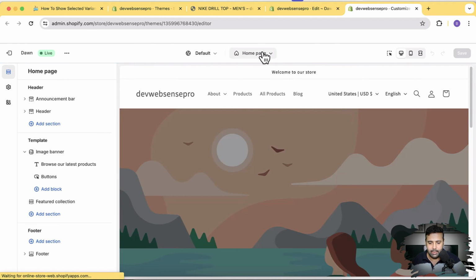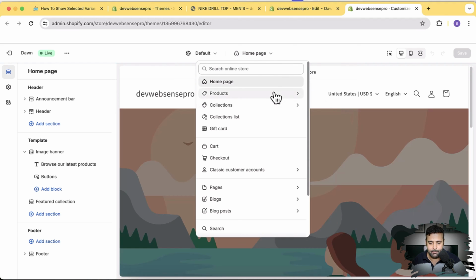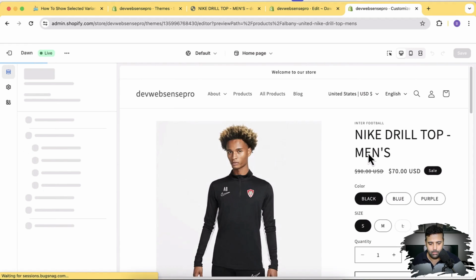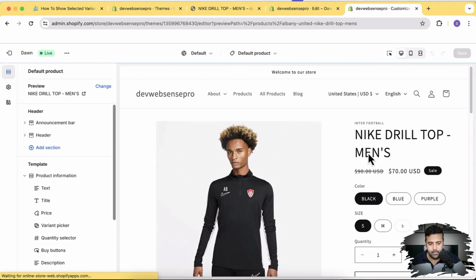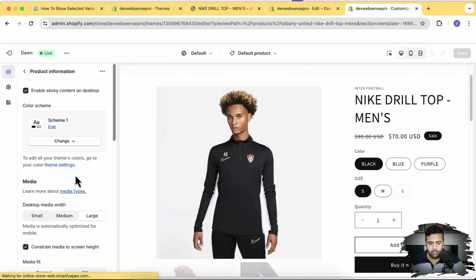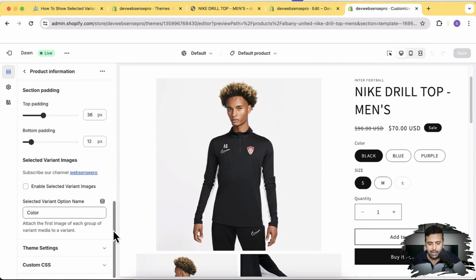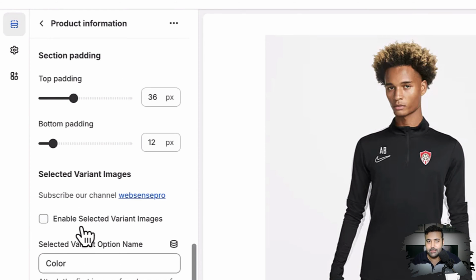From here, click on this drop down and search for the product template. Then click on product information, and here scroll down to the bottom and enable this selected variant images. So I told you guys in the first step that we are adding the schema option.